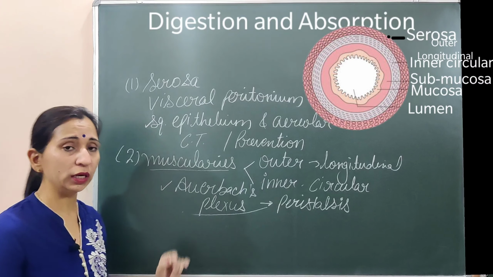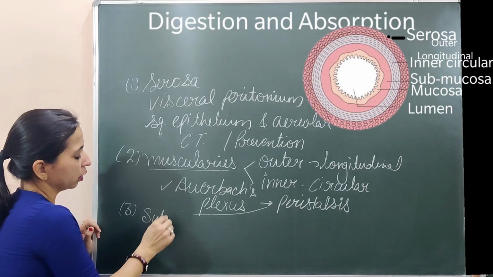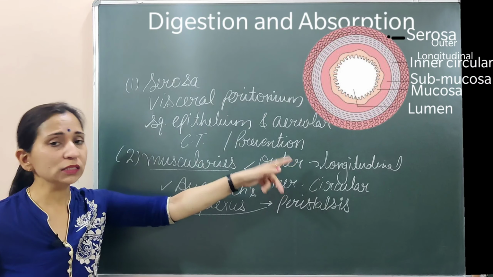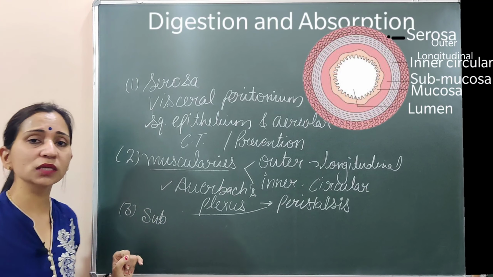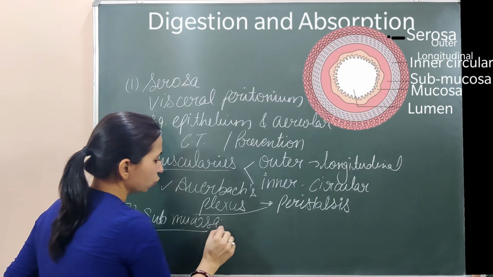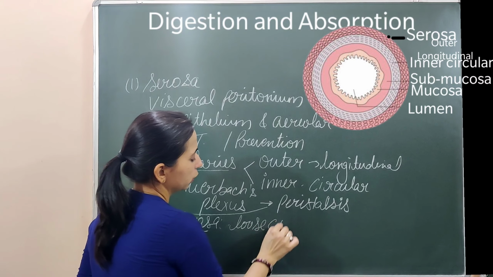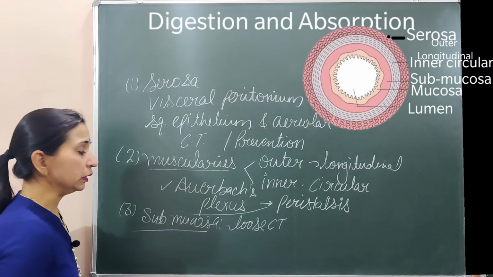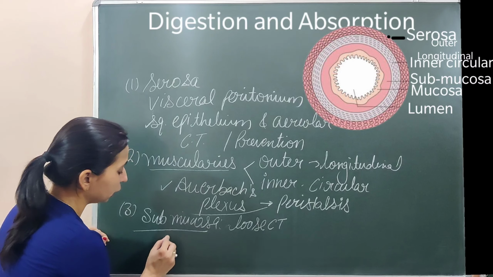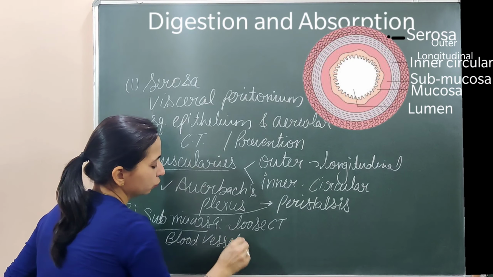Now come on to the third layer. As you can see, the third layer is the submucosa. Keep in mind, we are discussing these layers starting from the outermost. बाहर की तरफ serosa है, then the second layer is the muscularis layer, and the third layer is the submucosa. This submucosa layer is made up of loose connective tissue. ये loose connective tissue से बनी हुई layer है, and this layer is richly supplied with blood vessels and lymphatic vessels. तो इस layer के अंदर blood vessels भी present होंगी. यहीं से blood की supply जो हो रही है, वो alimentary canal को हो रही है.